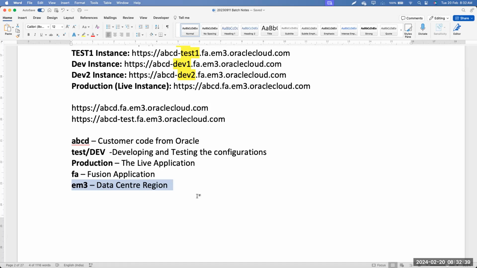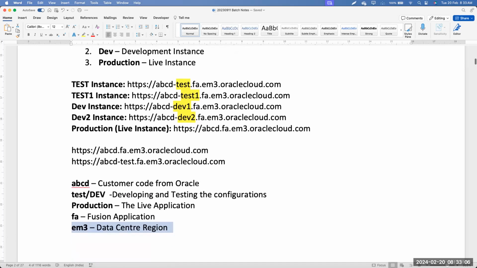This kind of location. After this rule, Oracle opened multiple data centers inside Saudi Arabia, and the same kind of scenario came up in UAE. Now Oracle has data centers in UAE. And parallelly, Oracle is also building data centers across multiple countries. So we have data centers in India now. So this segment in the URL represents which data center we are currently in. Okay, so this is an explanation of what the instance URL is.